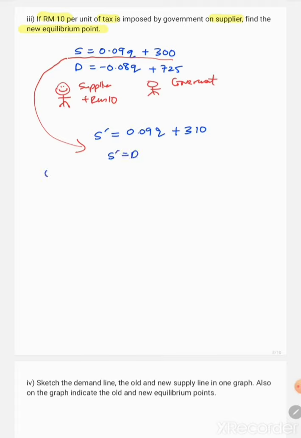The new S equal to the demand equation, negative 0.08Q plus 725. So bring Q to the left side, we get 0.09 plus 0.08, we get 0.17Q equal to 725 minus 310, we get 415. So Q equal to 415 divided by 0.17, the value is